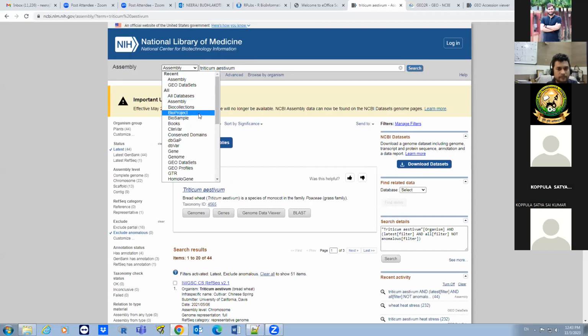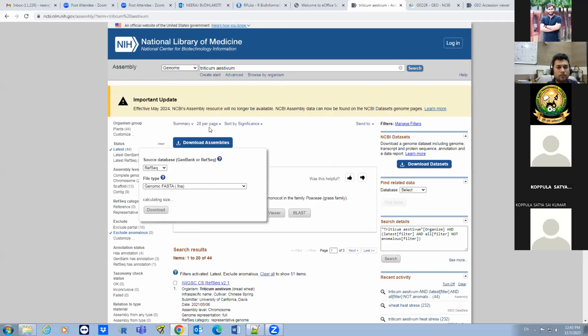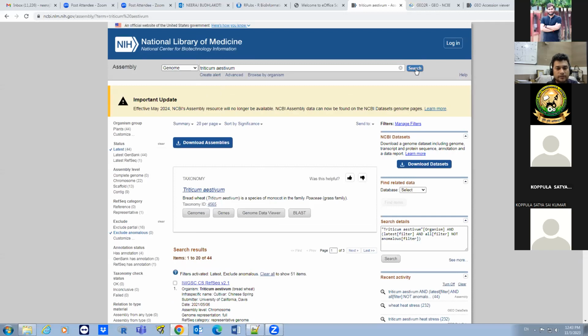Suppose you want to see the genome. Search in this way.